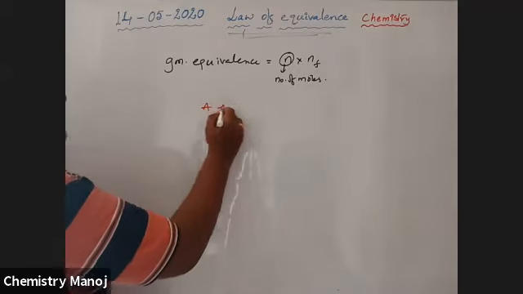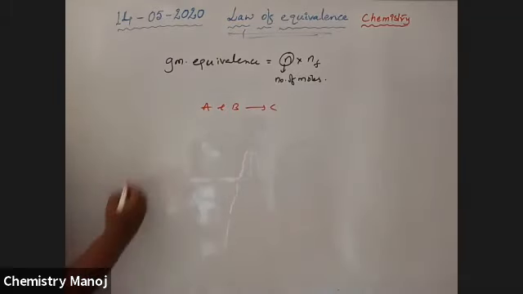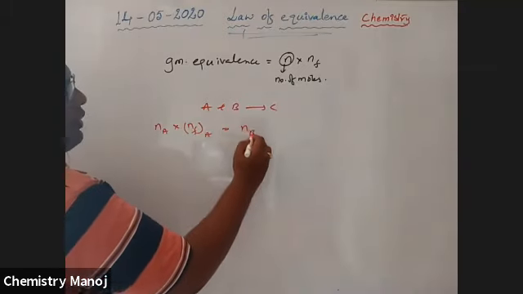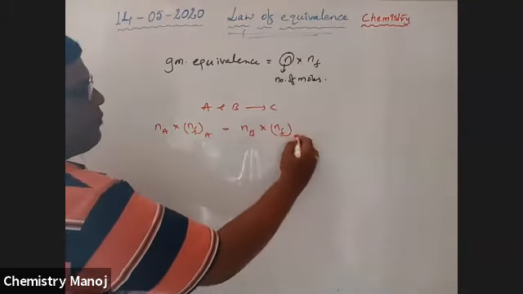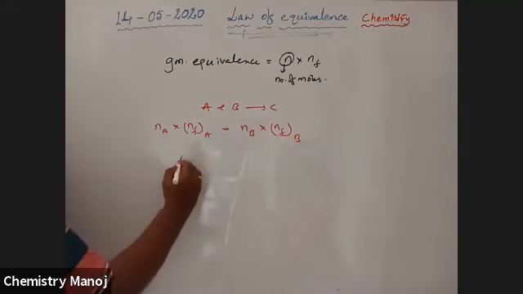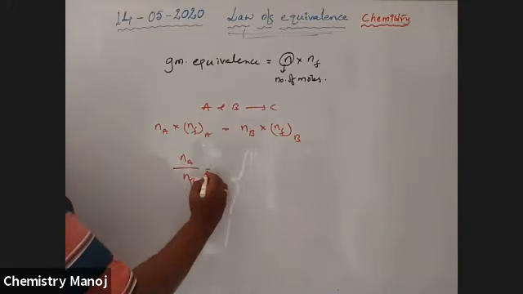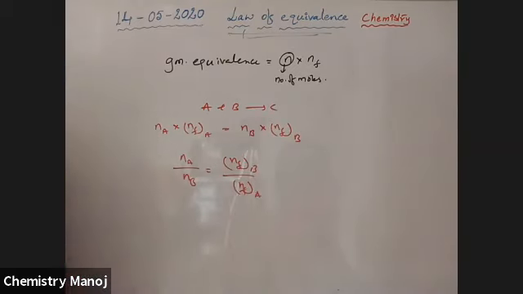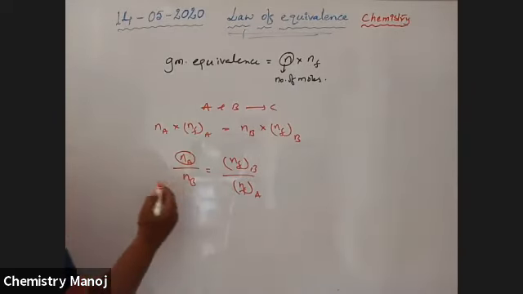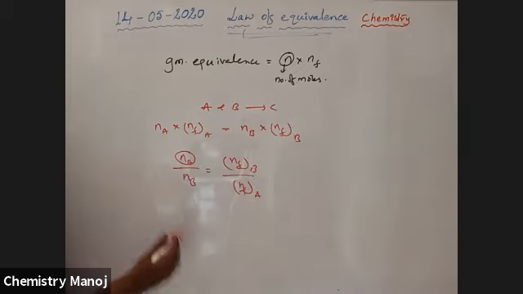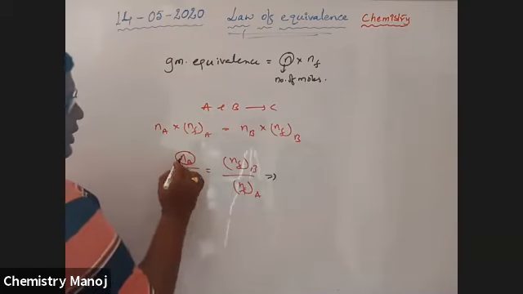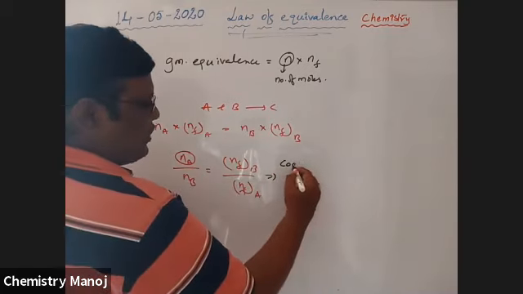So A plus B gives C. Number of moles of A into n factor of A is equal to number of moles of B into n factor of B. Just for readjustment, number of moles of A by number of moles of B is equal to n factor for B by n factor for A. What is this number of moles quotient of A? That implies A is nothing but number of moles of A, that is, the coefficient of A in the balanced reaction